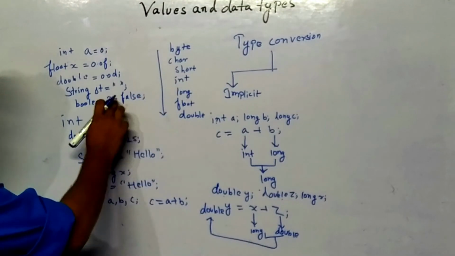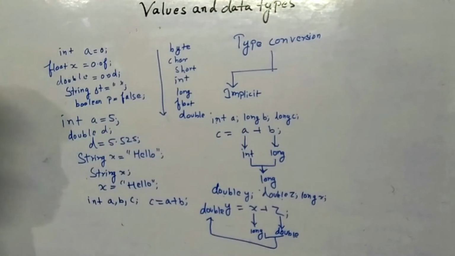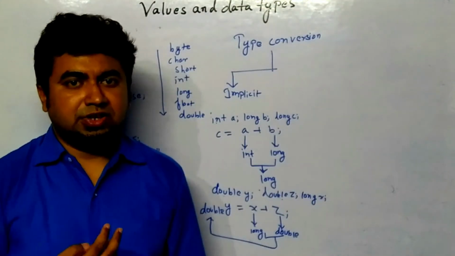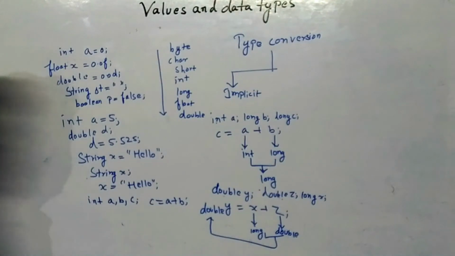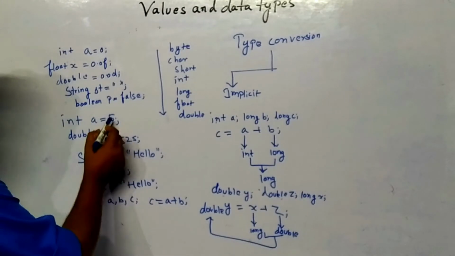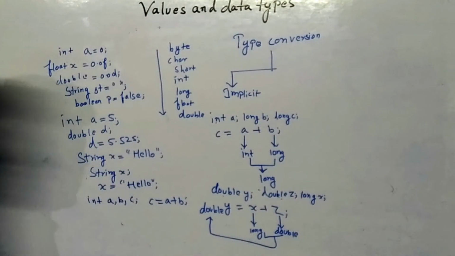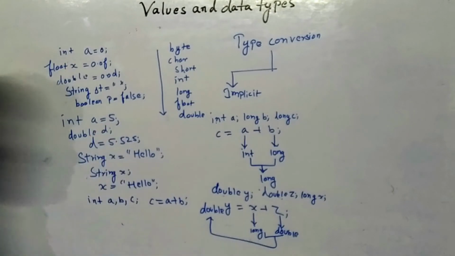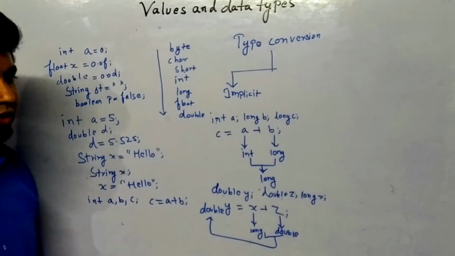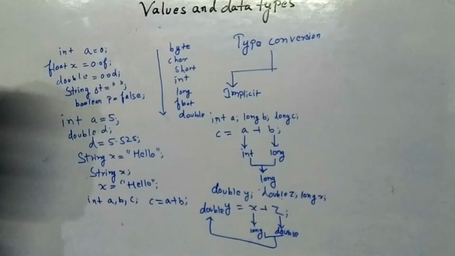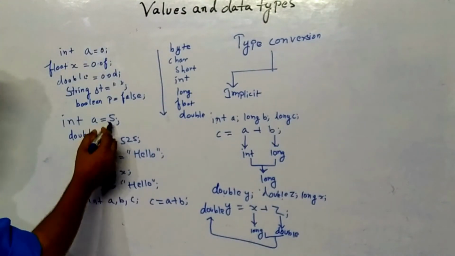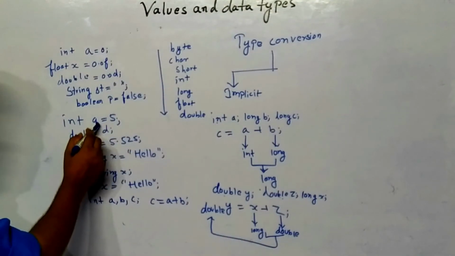This is assigned. Now two types of inputs are there, that is static input and another is dynamic input. Static input means you are giving the value yourself, you are assigning some value in the program itself, that is known as static input. The values which are given during the runtime are known as dynamic input. So here you can see 5 is already assigned to a.